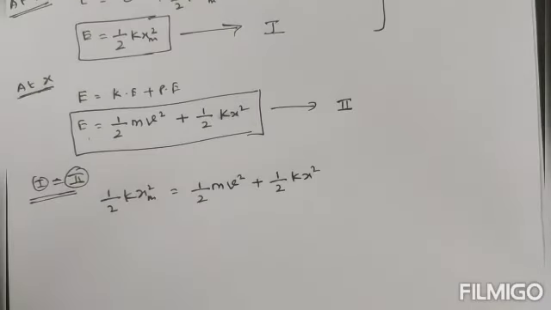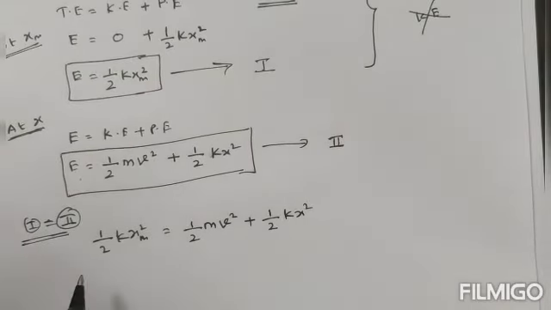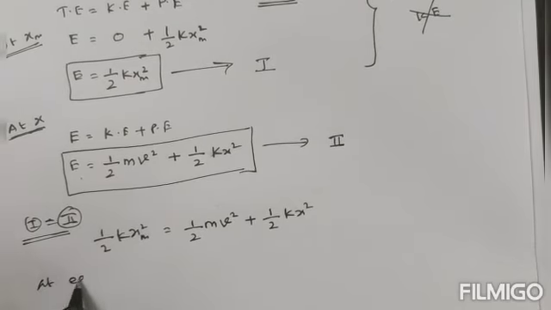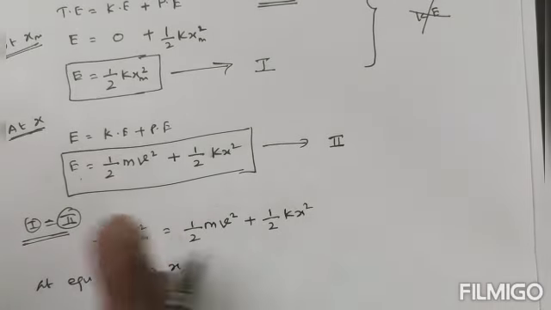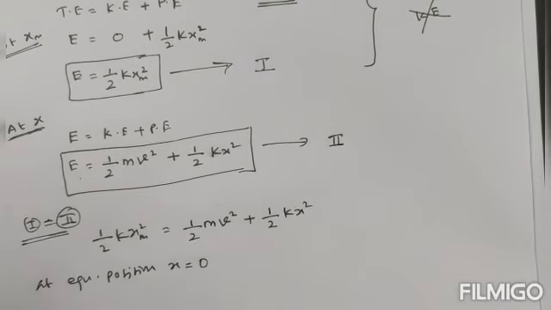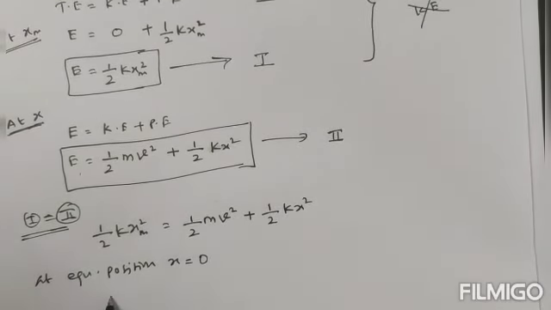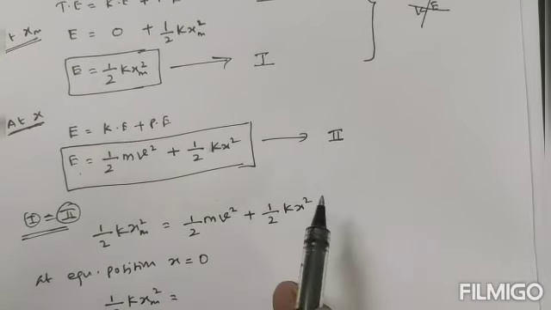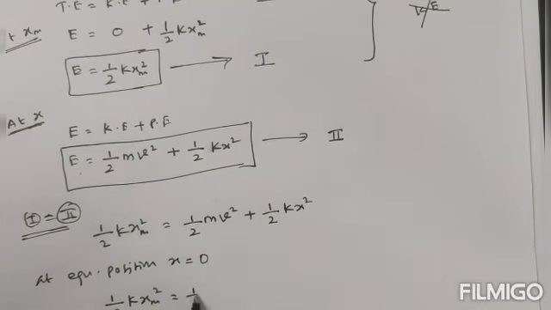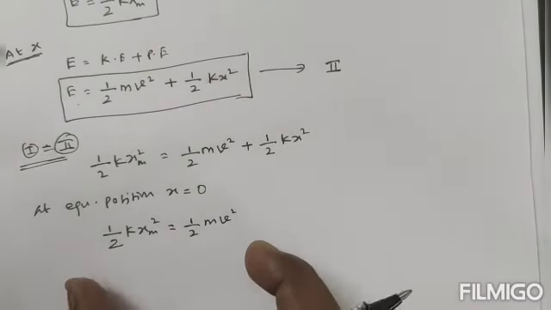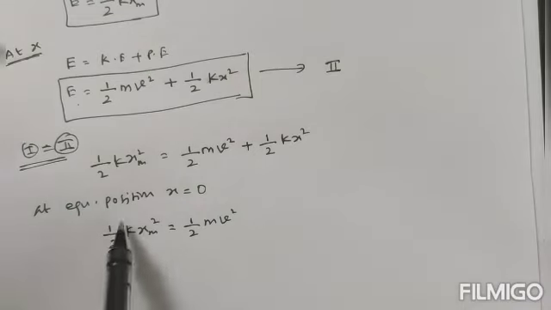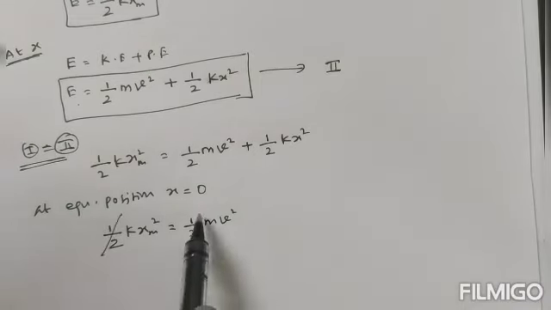So in this case, at the equilibrium position, or while we are crossing the equilibrium position, the x value is equal to 0. So this equation becomes half k xm squared is equal to, this term will be 0, so the remaining is half m v squared, small v squared. So now we are going to calculate the velocity of this block. Very simple, here the half value will be cancelled.